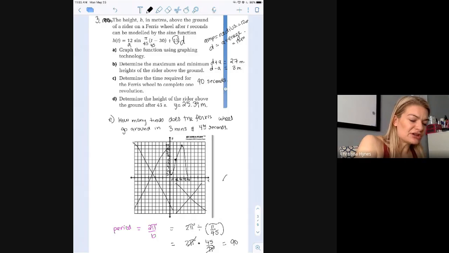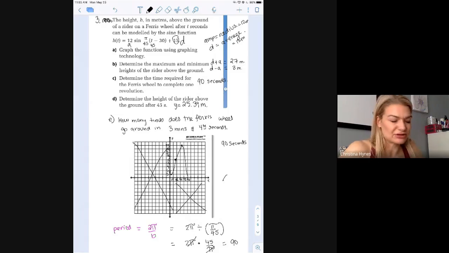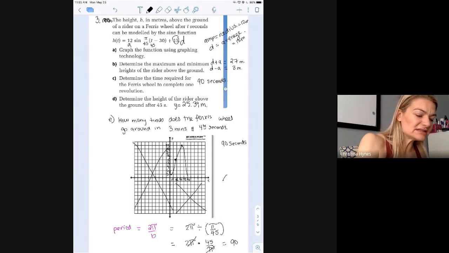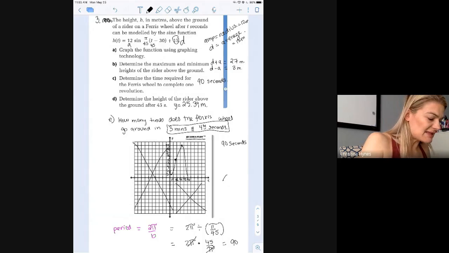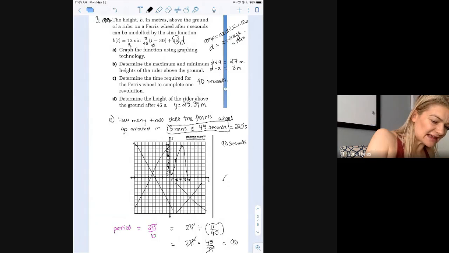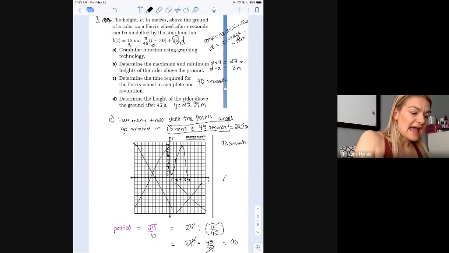Well, this is where you're going to use the period. Our period is 90 seconds. That's how long it takes to make 1 revolution around the circle. So you need to convert this all to seconds first. So I'm going to start by taking 3 minutes and multiplying it by 60, and then adding 45 to that. So that's going to be equal to 225 seconds. Okay, and then all you're doing is you're dividing it by 90. And that tells you,